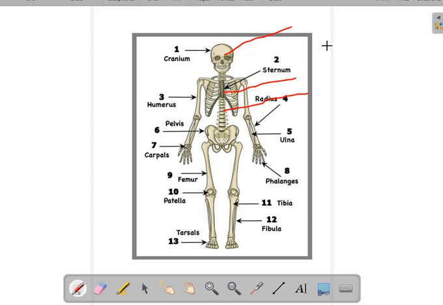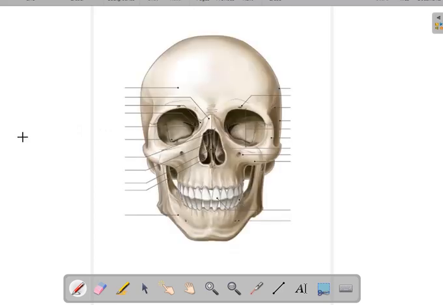For purpose of description, it is classified into the axial skeleton, which lies nearly in the midline, and the appendicular skeleton, which forms the skeleton of the limbs, either that of the upper limb or of the lower limb. The axial skeleton is formed from the skull,